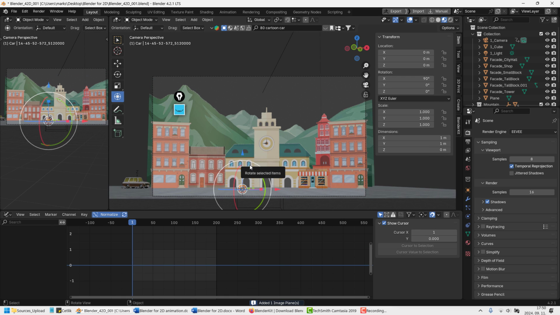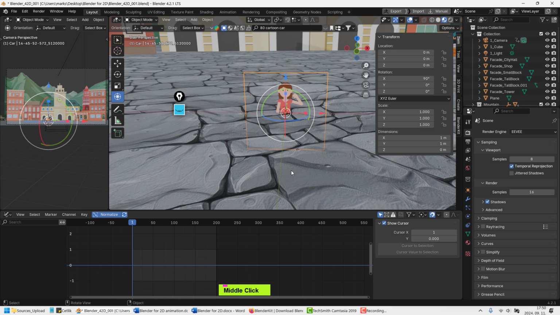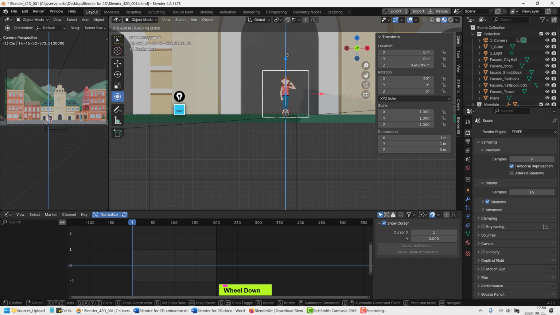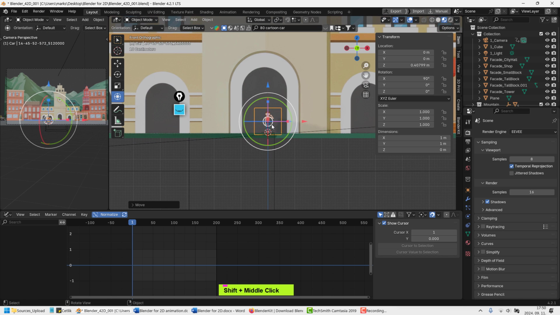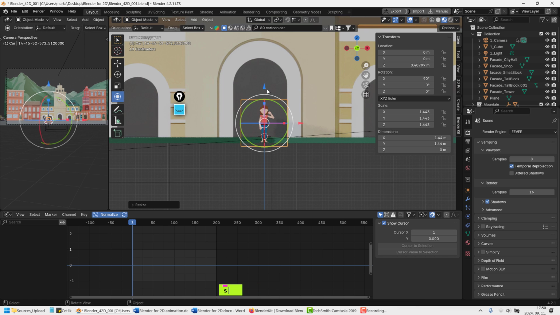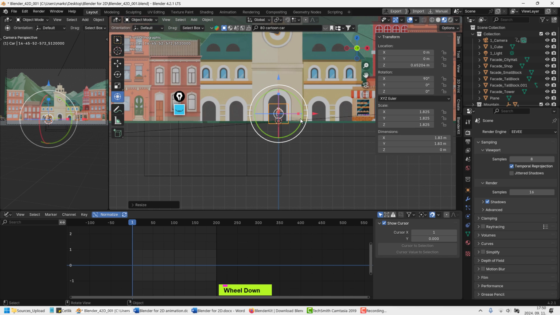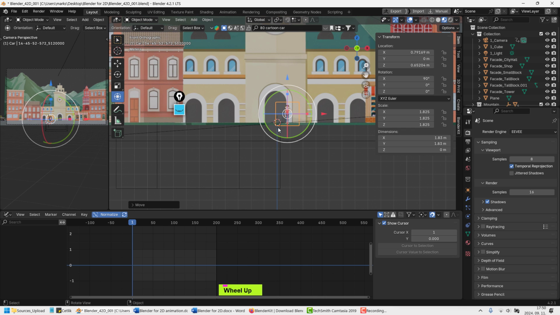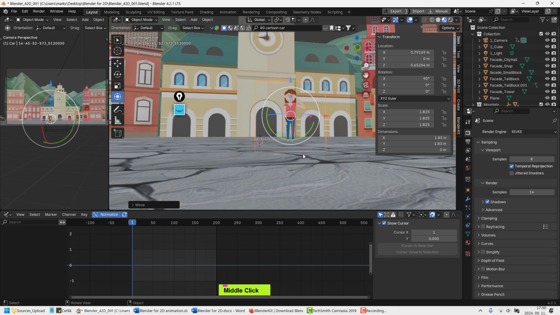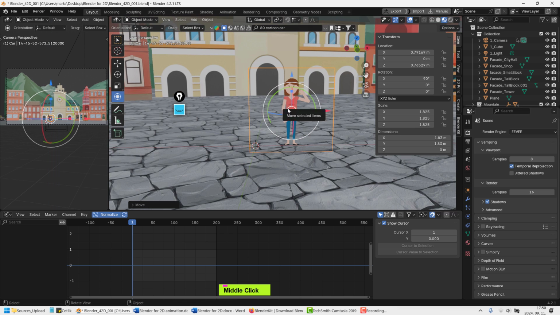Go to the front view, lift her up, and if this is 2 meters, she should be a little bit bigger. And yeah, just to match to the environment. So let me see. Oh yeah, that's quite believable. Okay, and the legs, we want to put her in the right position. Okay, there we go. And I don't know if it's close to the camera or not. I will just push it a little bit closer to the camera